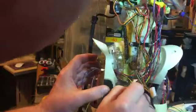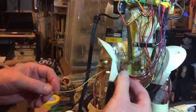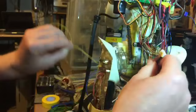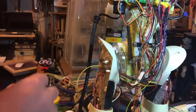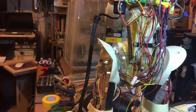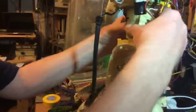So let's go around through this guard. Here we go, through here. Okay, just try and untwist it a little bit. There we go. And then through this other piece, which is the leg panel, because if you forget to do that you'll end up with a bit of a mess. Okay, and then spinning round,